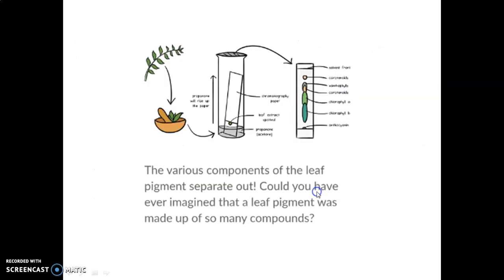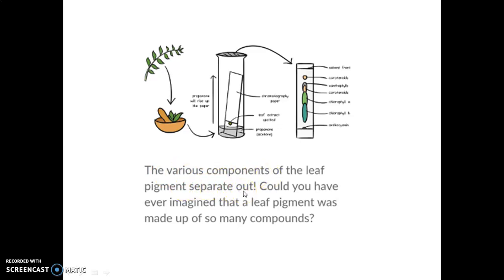What do you think you will notice? We will notice, see, here we have prepared the extract. We have taken the plate, which we can say is a paper strip, applied with the extract and dipped in a chamber having the mobile phase acetone, which runs via capillary action. After attaining a particular solvent level, we removed that paper strip and we observe different spots over the paper. So what we observe is that the various components of the leaf pigment separated out.